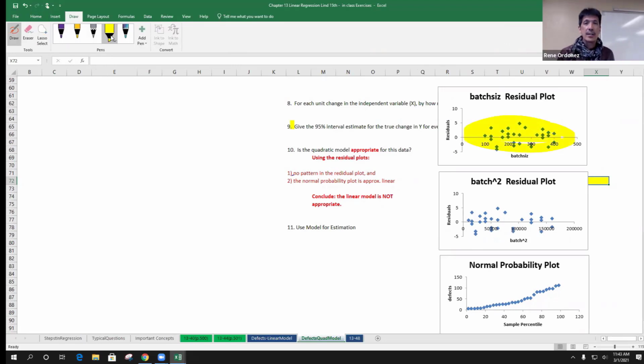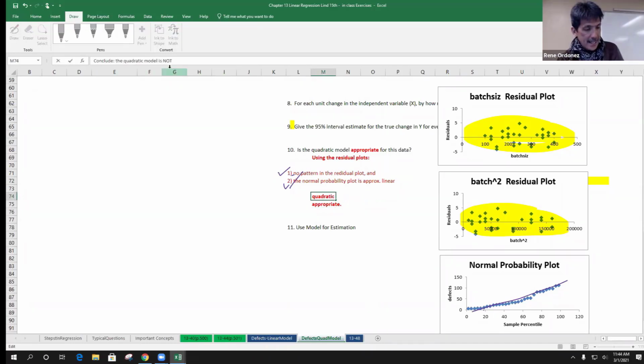There's no obvious pattern. How about batch size squared? Also no pattern. So that's good. We don't observe any pattern in the residual plot of both predictor variables. How about the normal probability plot? Is it approximately linear? The answer is yes. Because both of these are satisfied, we will conclude that the quadratic model is appropriate,